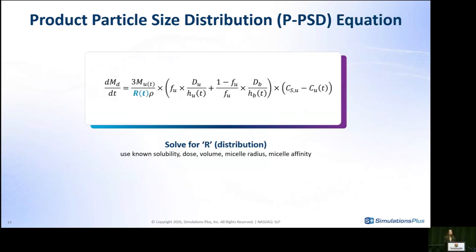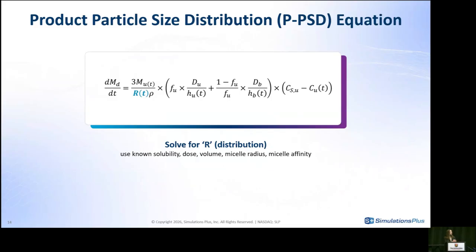Before I talk about the dissolution model parameterization, I wanted to spend a minute on the product particle size distribution equation, which is what we used. So this equation is similar to the Johnson model. It does have a difference of separately accounting for dissolution of drug that's free versus dissolution of drug that's bound